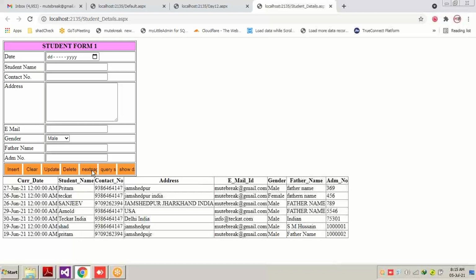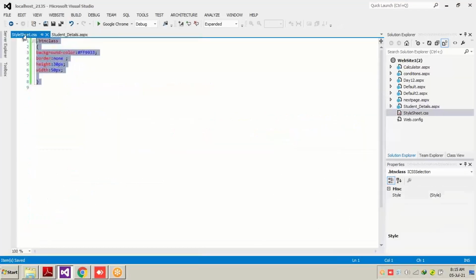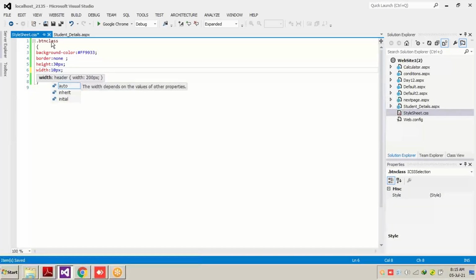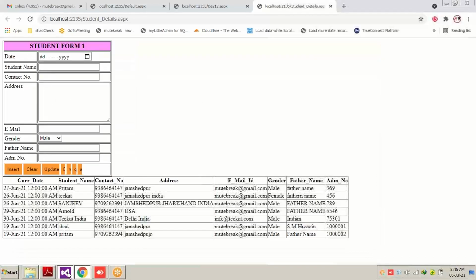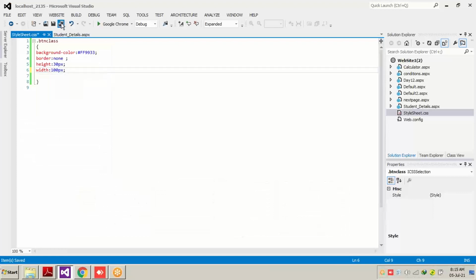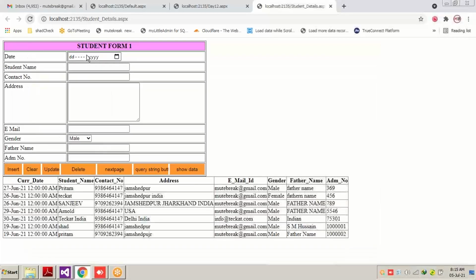Okay. Now you can see the next button is getting cut off with some alphabets. Query string is also cut off and show data is also cut off. Why? Because all the buttons have the btn class, having width 50. If I just change from 50 to 100, remember, only in one class, sorry, I have written 10. All the buttons having the same class, automatically you can see the width is changed, but not for the first three buttons, because for the first three buttons we haven't used the class. We have written the properties separately in those buttons.